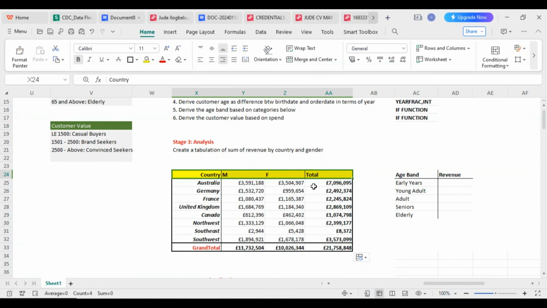Okay, so this is our total and the values for